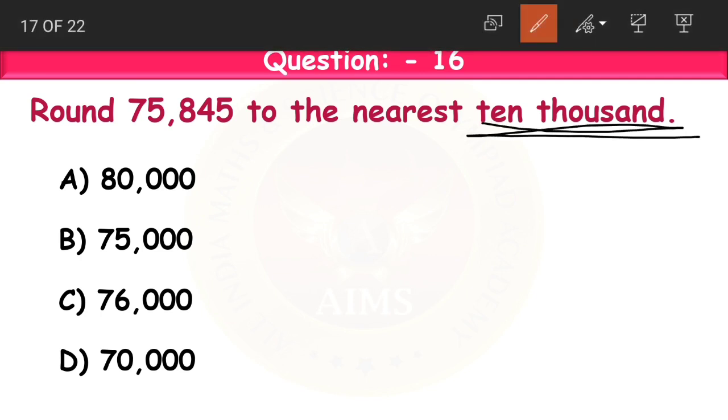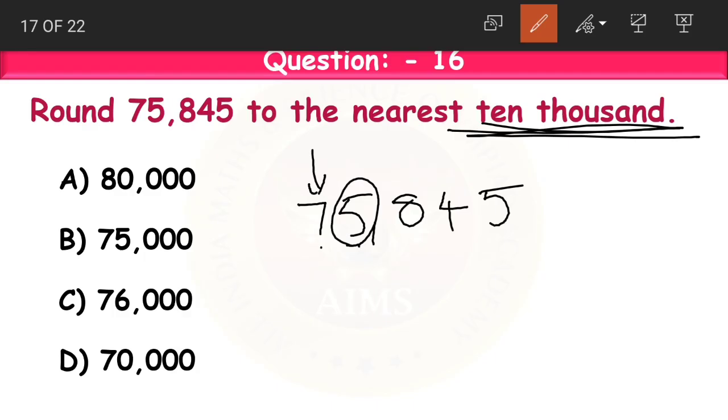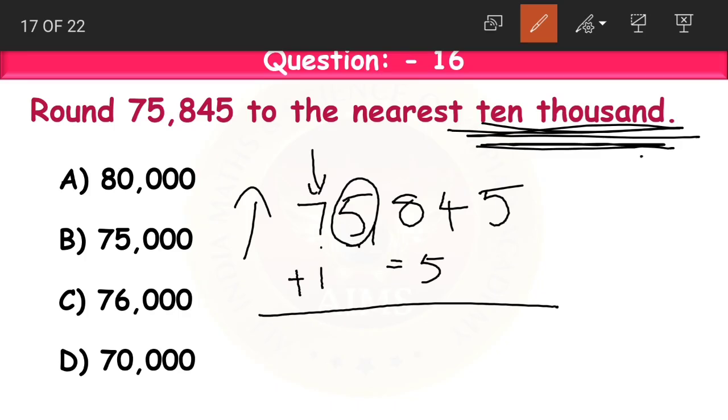Now this is rounding off to the 10,000. We did not discuss this, but as we know how to round off a number to the nearest tens, hundreds and thousands, we follow a similar pattern for 10,000 as well. Now this is the 10,000s place. So for rounding it off to the 10,000s, we should look at the number in the thousands place. Now it is 5, equal to 5. What should we do? Round up or down? Round up. What do we mean by rounding up? We add 1 to the digit in the 10,000s place. 7 plus 1 becomes 8 and replace the remaining digits with zeros.